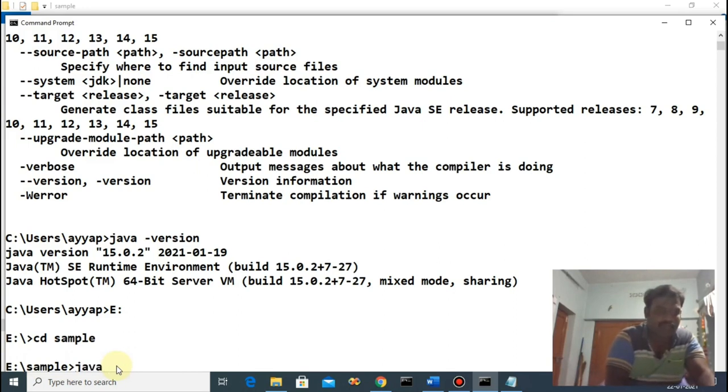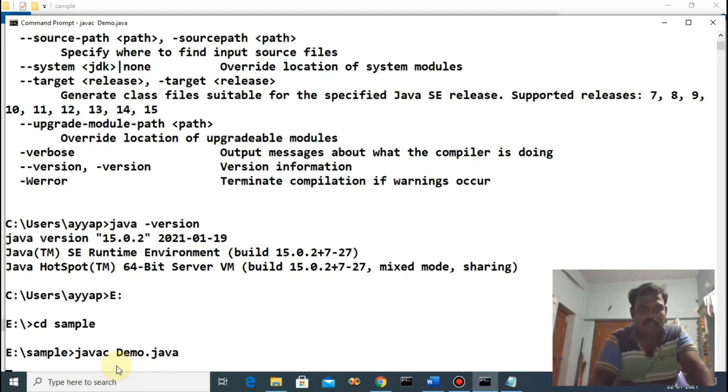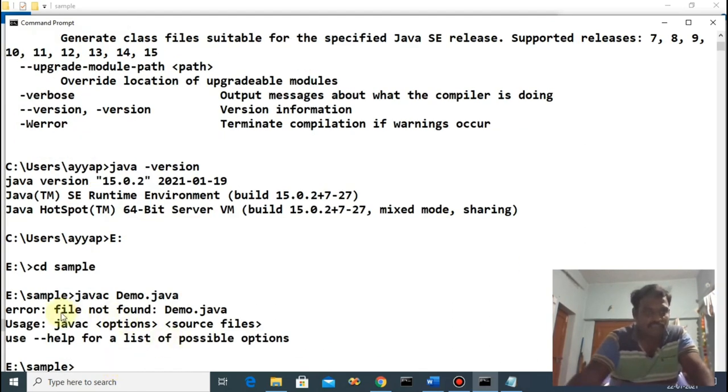After that, compile your program. What is the command? javac space program name, demo.java. It says file not found, demo.java. Please wait 1 second. File not found.